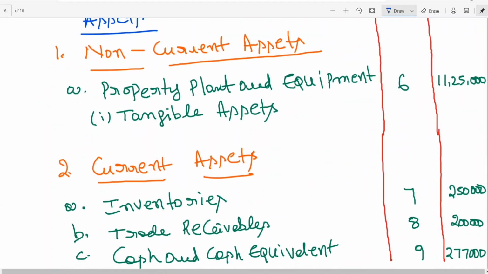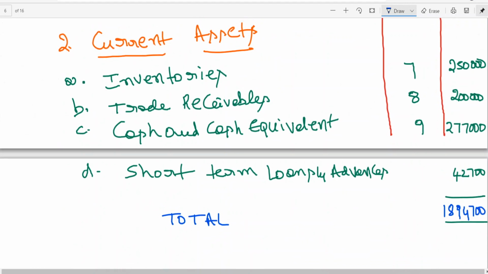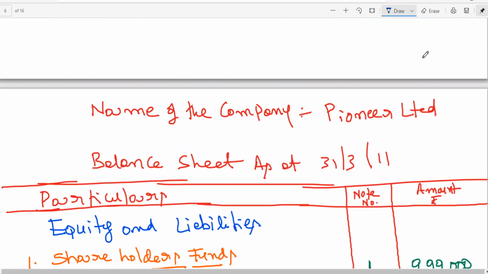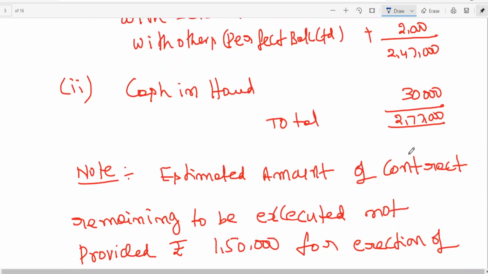I think this is how we should do problem. Slowly, I think you will be able to understand it. So this is what I told you. You can leave one space for balance sheet, space for one full page for writing the balance sheet format. Then you can start notes to account. Or notes to account also you can write. There's nothing wrong in doing it. But I think generally people start with the format. But to explain you what I have done, I have started with the notes to account. Okay, this you can practice.